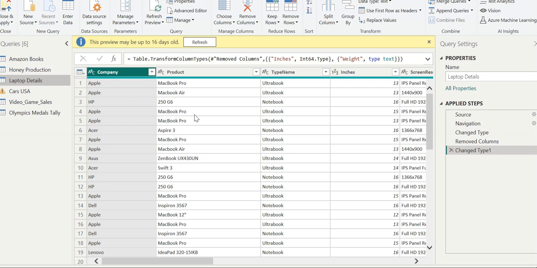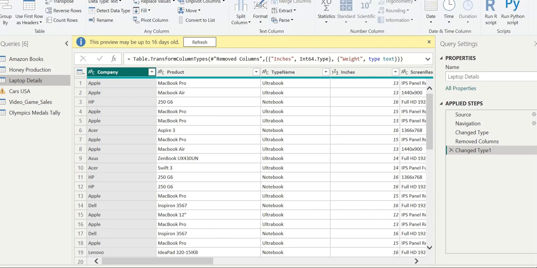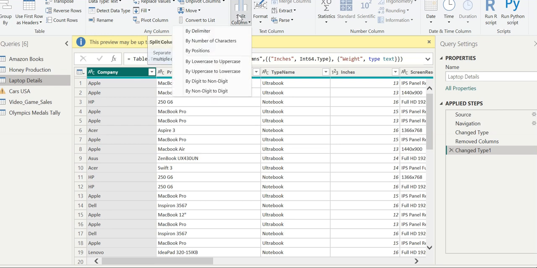Well, with Power Query Editor, it is possible for us to perform a separation based on the fact that there is a space separating the two terms, and for that we will have to go to the transform menu. See here, we just go to the transform menu and choose the option of split column. Here is the option of split column. Now you will observe there are a number of different ways the split can be applied.